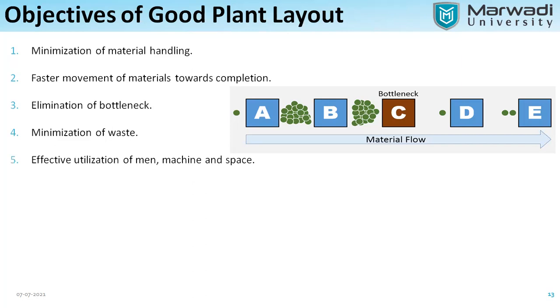Effective utilization of man, machine, and space means triple M. Space is not an appropriate word if I assume men, material, and machinery. Effective utilization of men, like the people who are working in your industry. You should make a good plant layout such that the people who have their strengths, like some people are good in welding, some in lathe work, some in other works, are identified by cluster and put in the right position where they belong, on the basis of their strength.